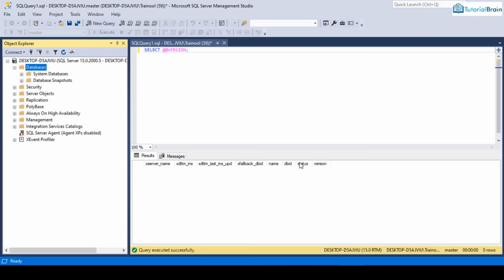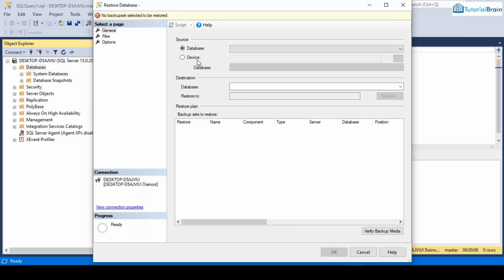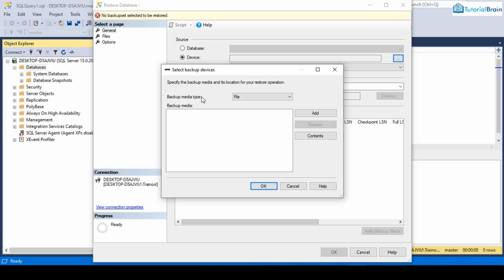Now just go to your SQL Server Management Studio and make sure that you are connected to it. And then what you have to do is you have to just go to database and just right click and click on this restore database. Click here. Now here click on device, and towards your right, that is extreme right, you see 3 dots. Just click here, and here you see that you have backup media file, that is file and URL. Now since you are going to import a file, so you don't have to choose URL, so file is okay,